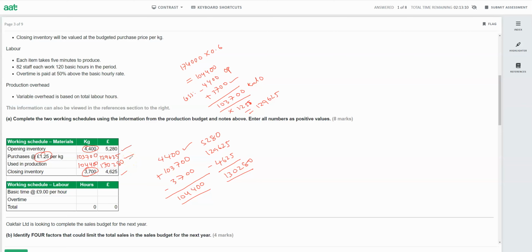It is done. The next one we have is the working schedule for the labor. Now for the working schedule for the labor, we need to find how many hours. So if you remember, our total production was 174,000, and we need to see how many minutes we need to make one unit. So if you remember, it's 5 minutes to make one unit. So multiply by 5, so it will tell me how many minutes I need. So 174,000 multiply 5,